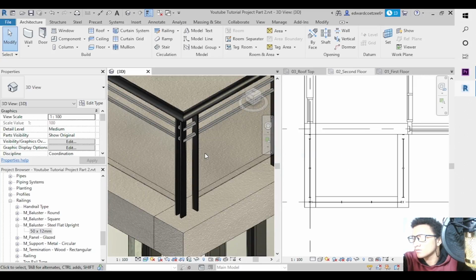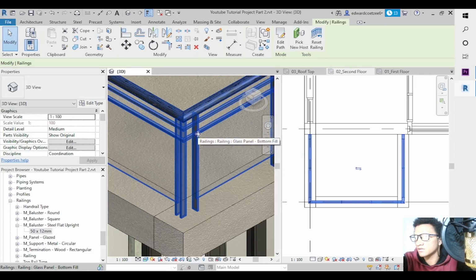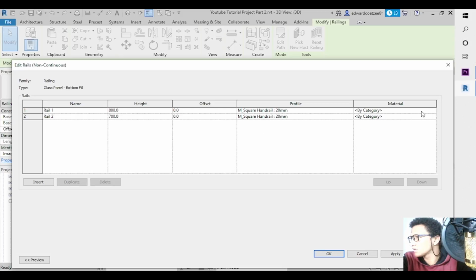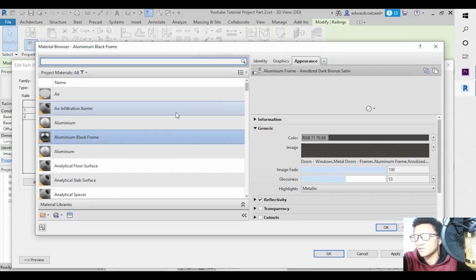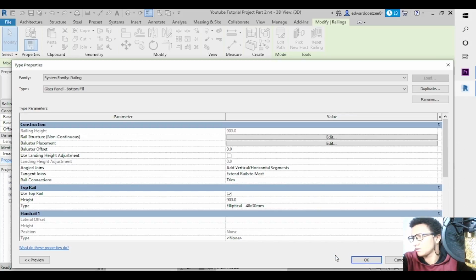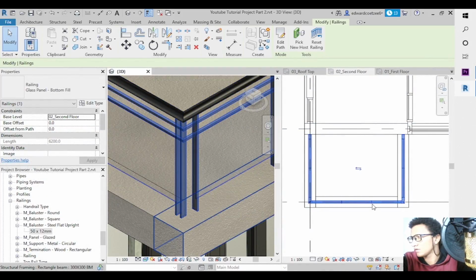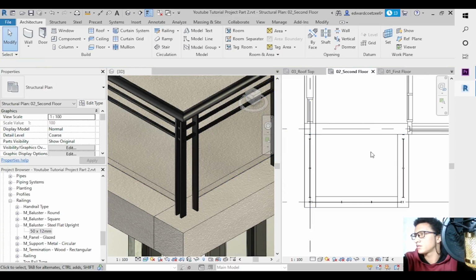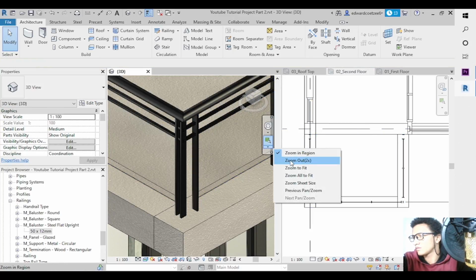Just make sure. I did change the two that you see there as well. Those normal rails, I did change them. Why didn't they change? Say okay. Control V. Apply. Okay. Apply. Okay. Let's see now again. Okay, there we go. So we zoom out,